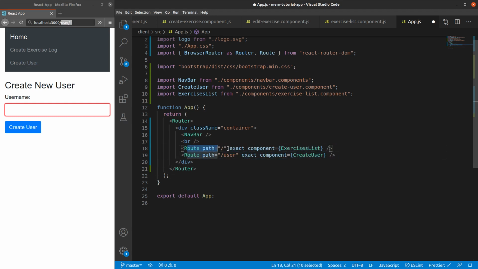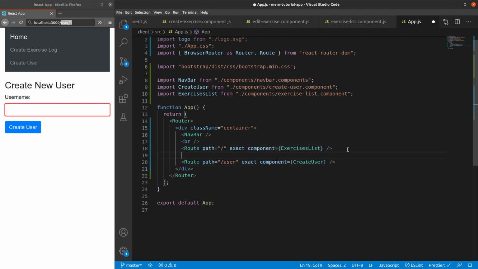Whereas in case of exact, it has to be just that particular pattern and nothing in front or back of that. Okay, all right, so let's also do routing for edit.